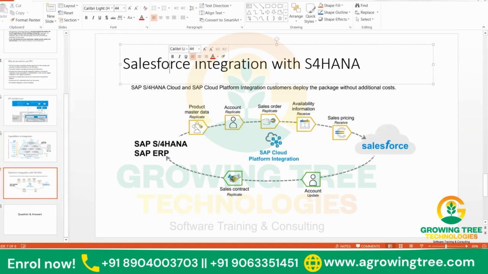As I said, if you want to integrate Salesforce with S/4HANA, as I already showed you on the CPI, there is product replication, account replication, sales order replication. You can use the pre-packaged content available there, and you can integrate Salesforce with the S/4HANA system or ERP system. It may be S/4HANA Cloud, S/4HANA On-premise, or ECC. We have packages available for every product. Okay, so with this,